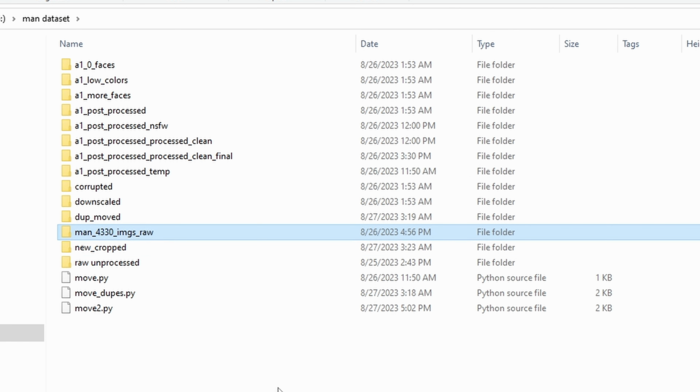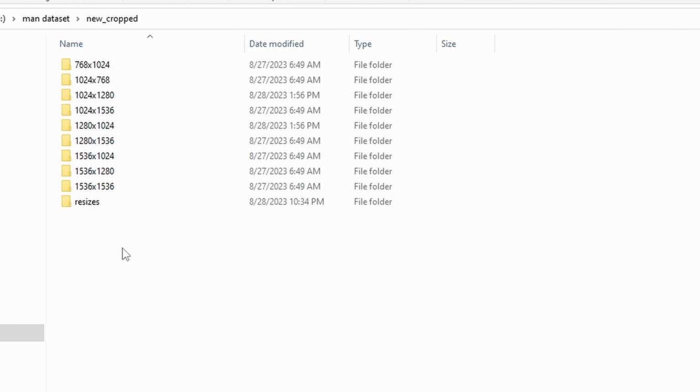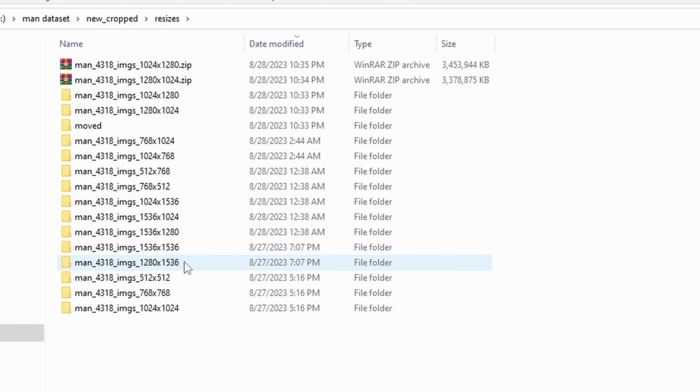Then I have pre-processed all of them with the latest cropping and resizing script that I have coded myself. Let me show you the results. So all of these dimensions are available on my Patreon post. Just resizing them into these dimensions is taking over 1 day. So this is a huge task that I have made. Let me show you some of the final images.